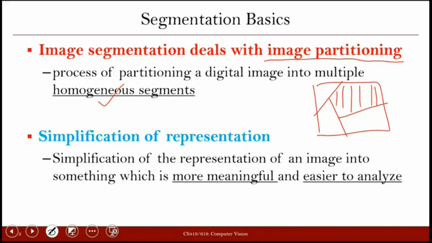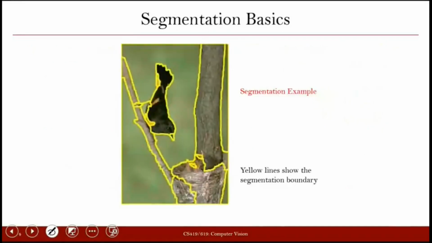And when we do this, it simplifies our representation, and it also provides a meaningful representation of the image. So we can understand this from here. This was the image and we have partitioned it into various segments. Once this partitioning is done, we know that this is one segment, this is another segment, this is another segment. So now we can perform certain more tasks on the image, and make use of this information in performing various different tasks.